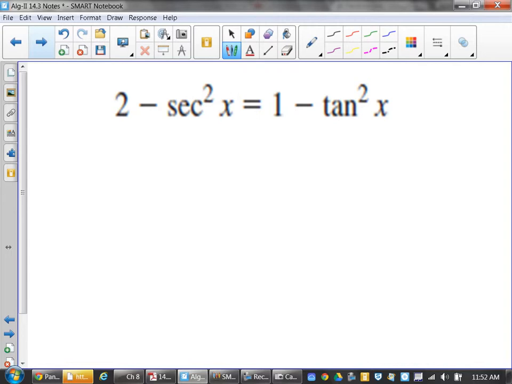So I need to make 2 minus secant squared look like 1 minus tangent squared. Well, oh wait, because secant squared equals 1 over... whatever. But does that get you anywhere? I don't know. Because you have to get common denominators as well. Oh, that's dirty. I took out a D. Does that get you anywhere? You can do the 1, but no. Because now minus one, secant squared, 1 plus